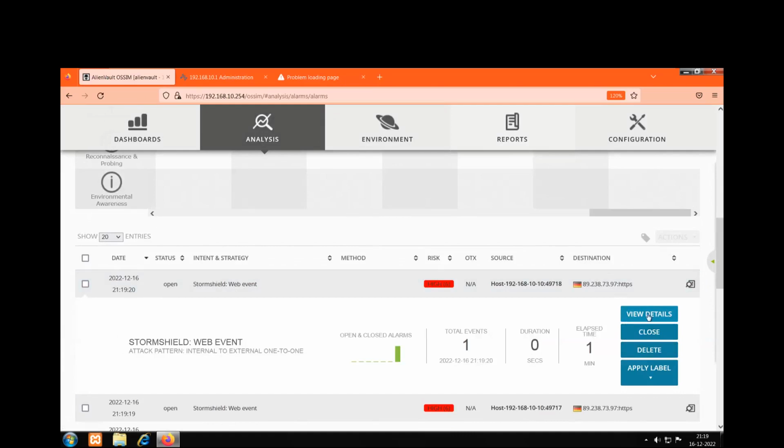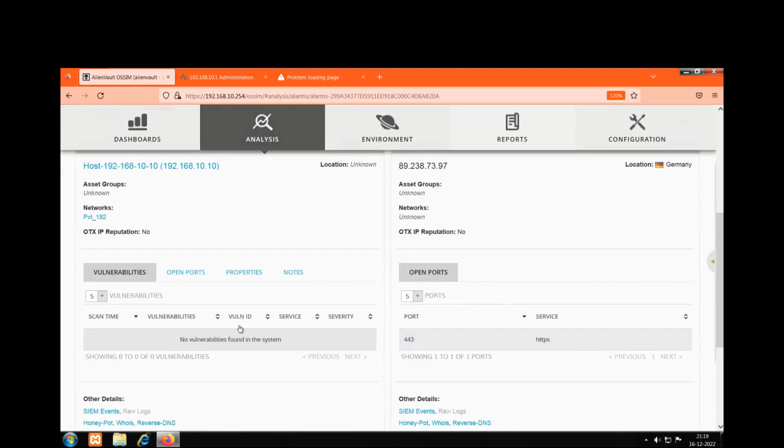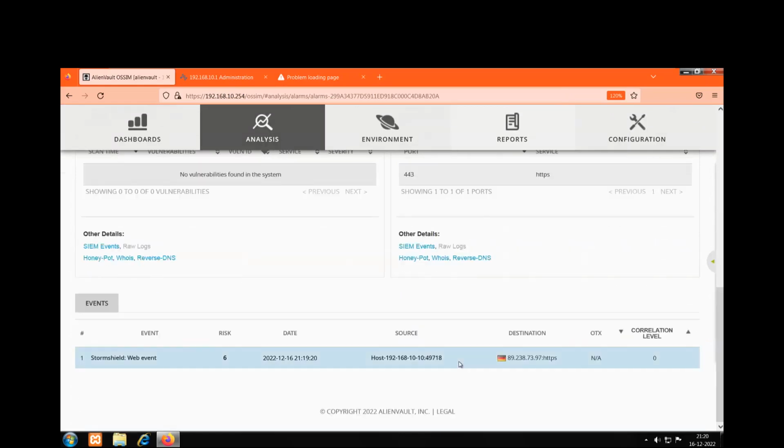When I click on the view details here, it says from this IP 192.168.10.10, there is this request initiated towards 89.238.73.97, right? Then if you look into the details under events,